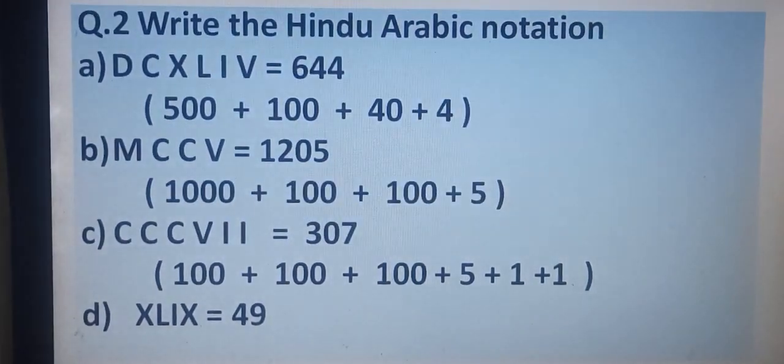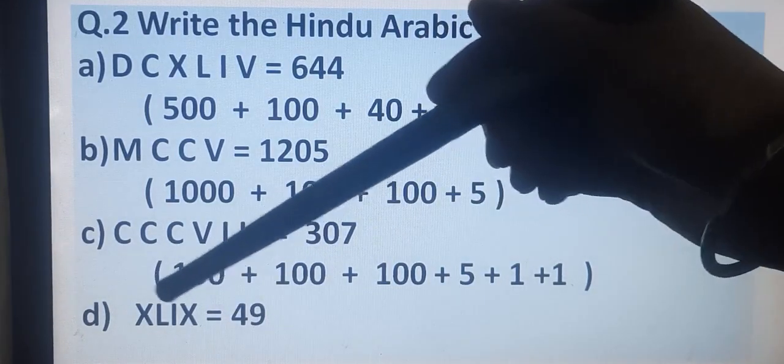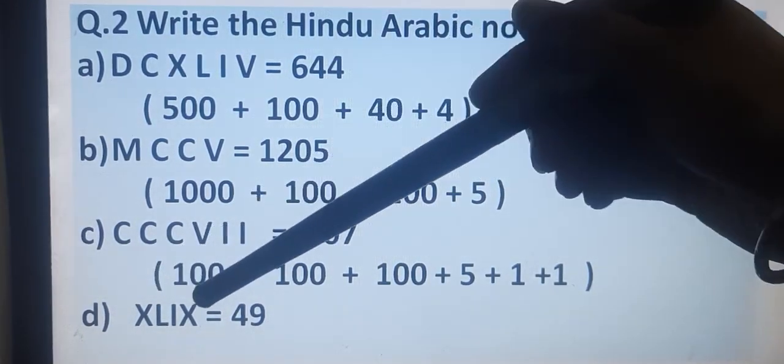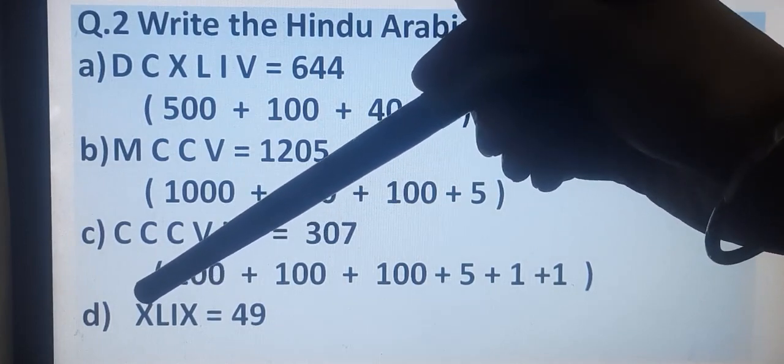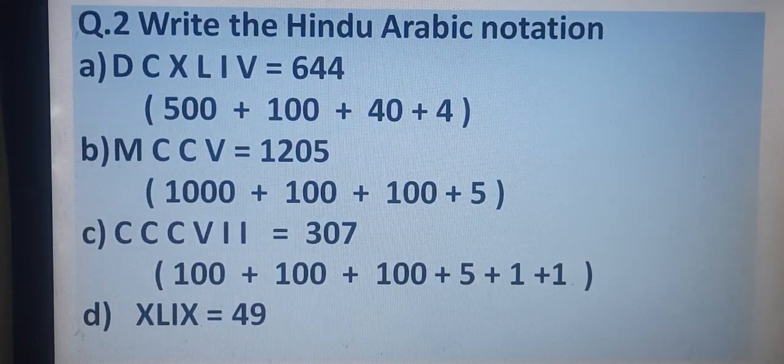Got it? Next is XLIX. XL, L minus X, 40. X minus I, 9. So 40 plus 9 is 49. अब तक तो बेटा आपको लर्न हो गया होगा. XL is 40. LX is 60. IX 9. IV 4. V 5. C 100. D 500. M 1000. बोल के इसको रिवाइज करेंगे आप.